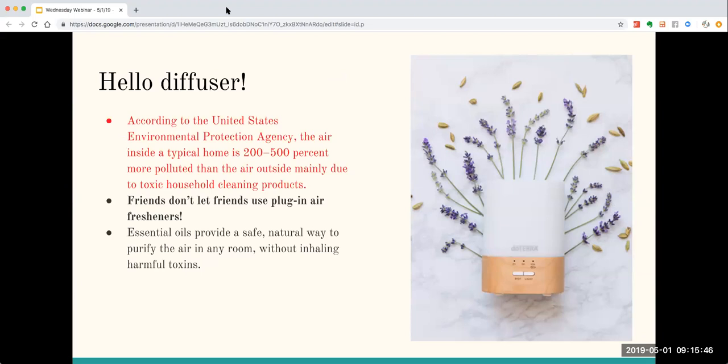So this statistic that I found, I've actually heard it in the past, and it kind of grosses me out. But according to the United States Environmental Protection Agency, the air inside a typical home is 200 to 500% more polluted than the air outside, mainly due to toxic household cleaning products. Oh. And if you think about building nowadays, our houses are like hermetically sealed. We take such great measure to make sure that we're not getting cold drafts in. So whatever you have going on inside that house is not moving anywhere else unless you really open the windows and let it air out. And if you think about us in Minnesota here, our windows are still all closed up, and you still have the heat on because it's still cold,